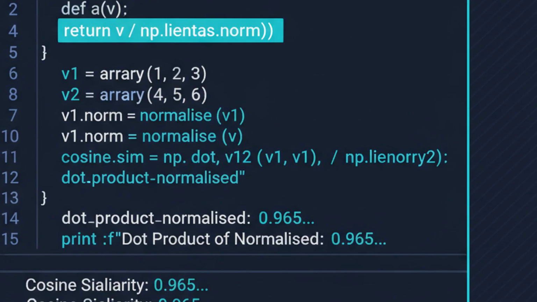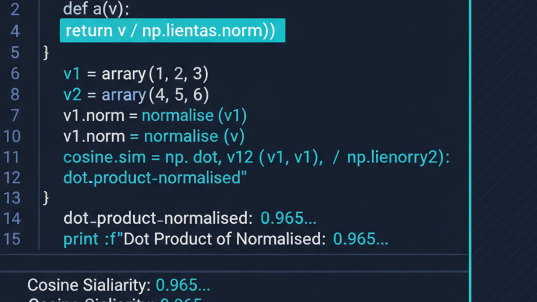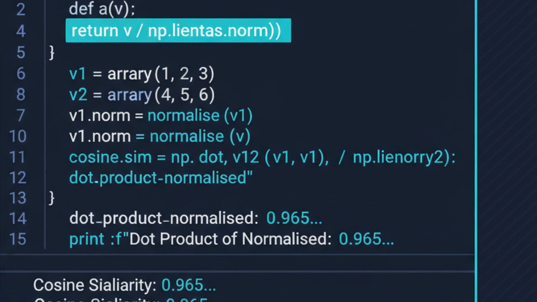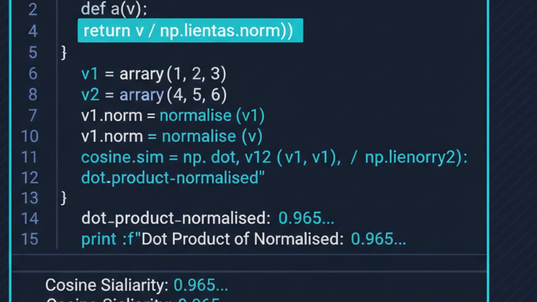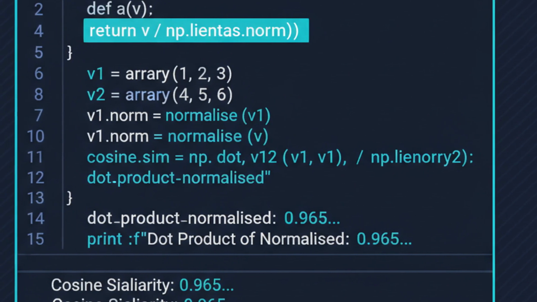So here are the 3 things to walk away with. First, Euclidean measures straight line distance. Dot product measures alignment scaled by magnitude. And cosine measures pure direction. Second, once you normalize your vectors, dot product and cosine become identical, and all 3 agree on ranking. Third, your metric must match how your embedding model was trained. Get that wrong,